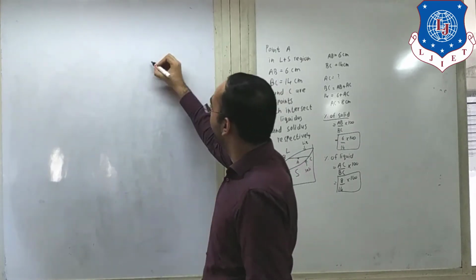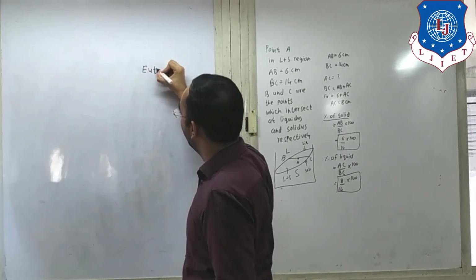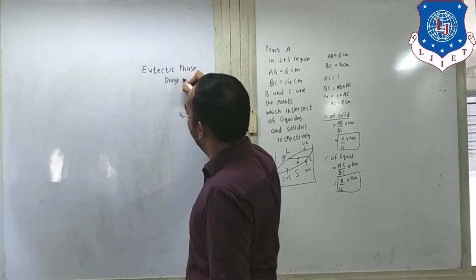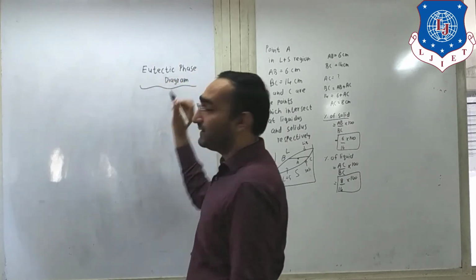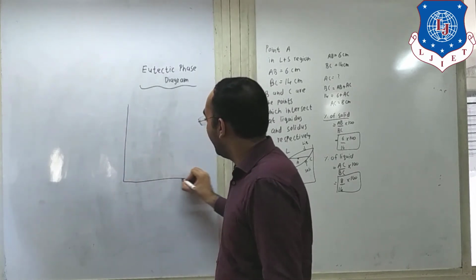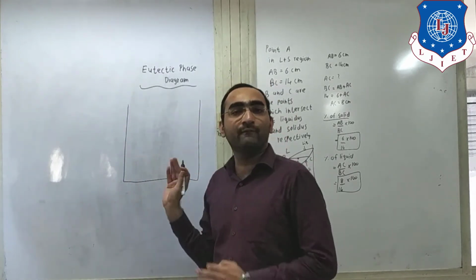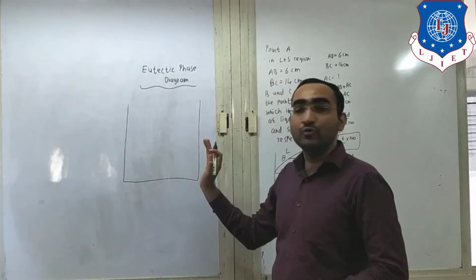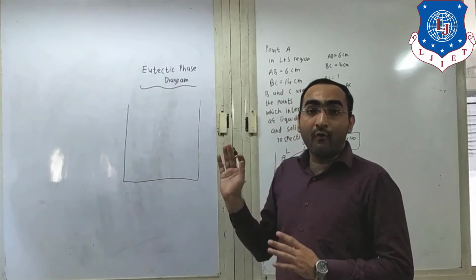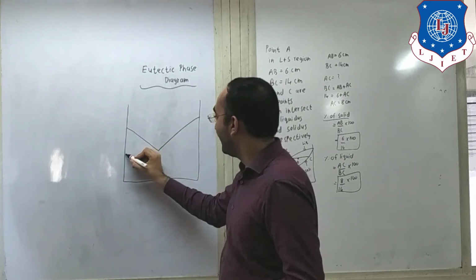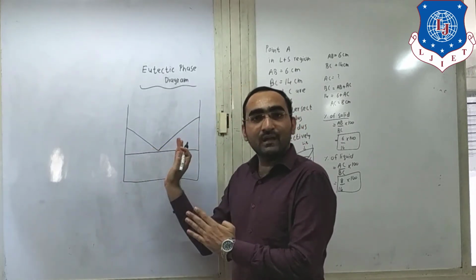Now, we will go for the eutectic phase diagram. What do we mean by this? Eutectic phase diagram means what? All of these are always written in a U-shaped frame. Any phase diagram of this kind is always indicated inside this U-shaped frame. Now, what does this include? This is a particular reaction of the iron carbon diagram. This is how it looks.